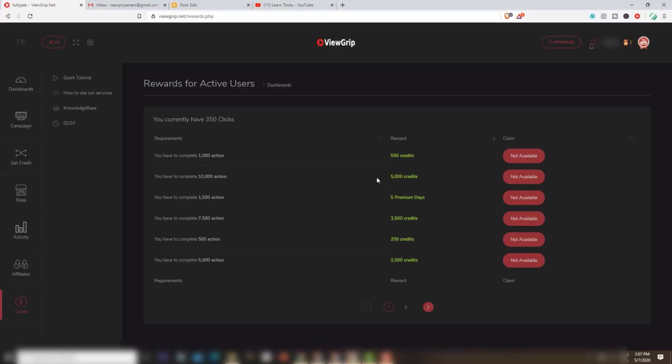If you complete 10,000 actions, you will get around 5000 free points. Once you complete 1500 actions, they give you 5 premium days. If you complete around 7500 actions, you will get 3500 credits. If you complete 500 actions, around 250 credits. If you complete 5000 actions, around 2500 credits.